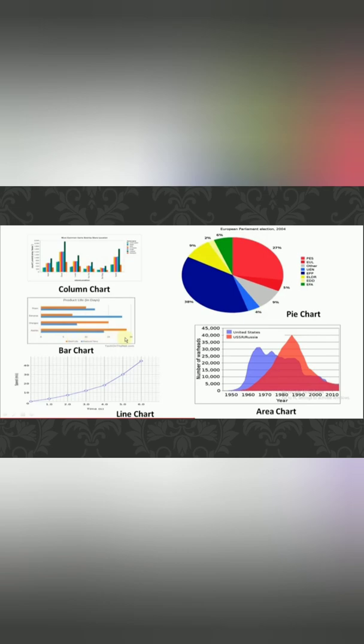Okay, both the bar chart and the column chart are used for comparison between two objects. Okay students, clear to all? Yes. So next is the line chart. What is a line chart? That is used for data over an equal amount of time. Like here 1 to 0, 2 to 0, 3 to 0, 4 to 0, 5 to 0, 6 to 0, so many. Okay. So a line chart is used for data over an equal amount of time.